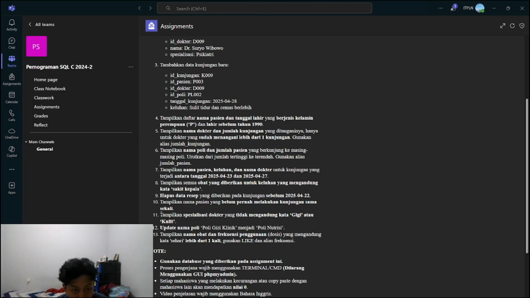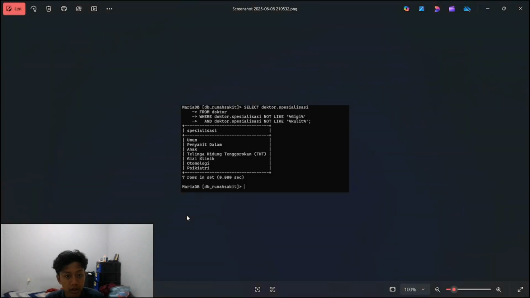To display the doctor's specialization that does not contain the word teeth or skin. So in this part, select is to display the specialization column from the doctor table, from doctor, where it filters the doctor's specialties that do not contain the word teeth or skin.